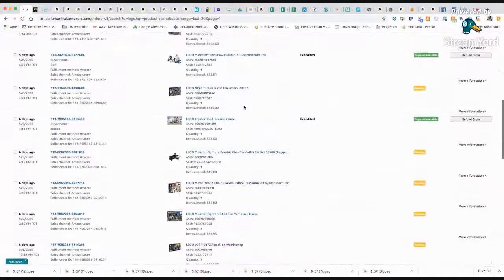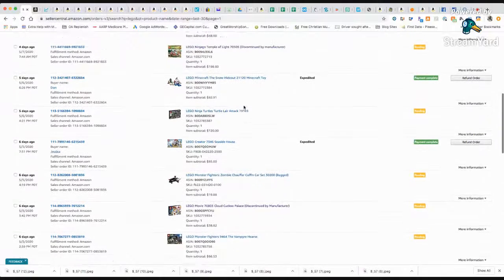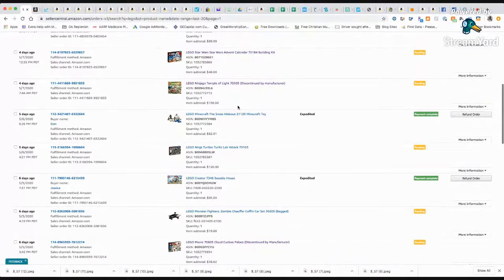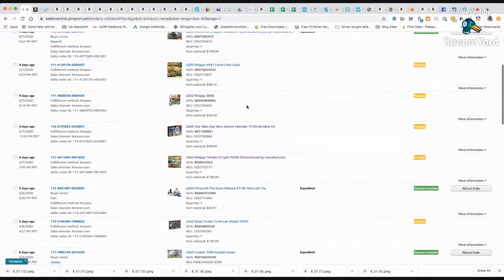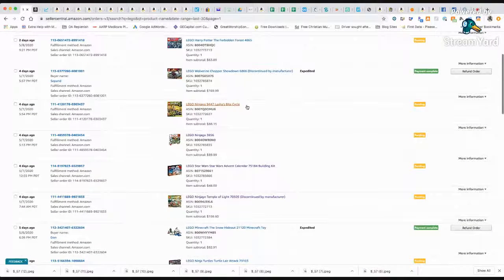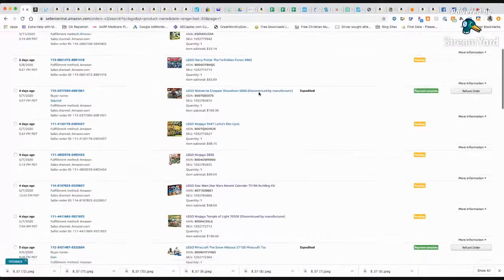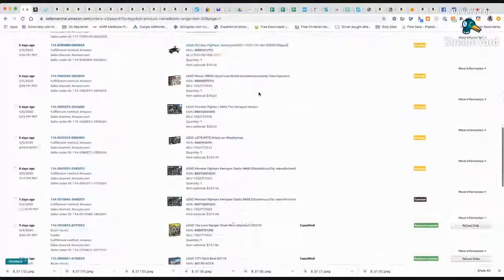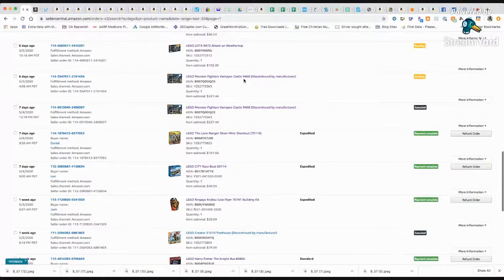Bunch of smaller ones. Here's $120 for Lego Ninja Turtles Turtle Lair Attack. $198 for the Temple of Light Ninjago. $89.99 for another Ninjago. $169.99 for the Wolverine Chopper Showdown. Two hours ago, the Lego Legends of China sold. So a lot of good sales, 72 in total. My biggest one was, I can't remember, we'll go back to it, but here's the 227 one, the Vampire